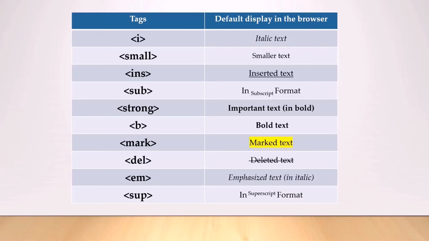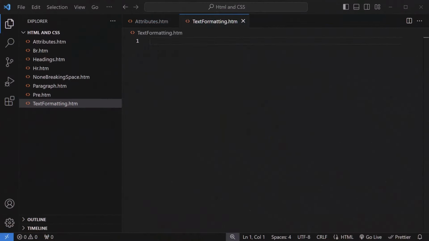You can see the tags and the default displaying in the browser. Remember that you can always change how the browser displays these tags using CSS styles. We will talk about how you can change the default displays of these tags, and for now let's see all these tags in action. Okay, to show the text formatting tag in HTML, I already created a file and named it